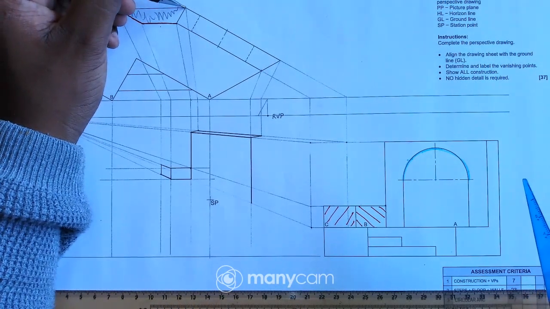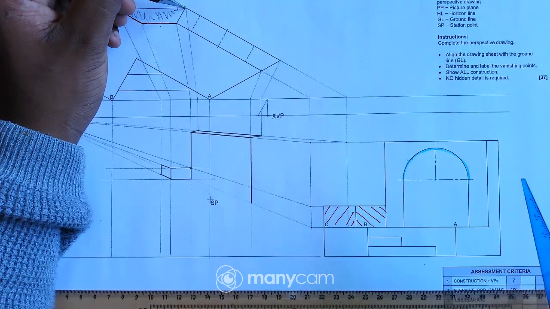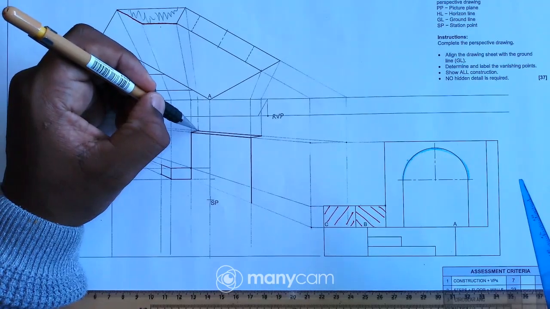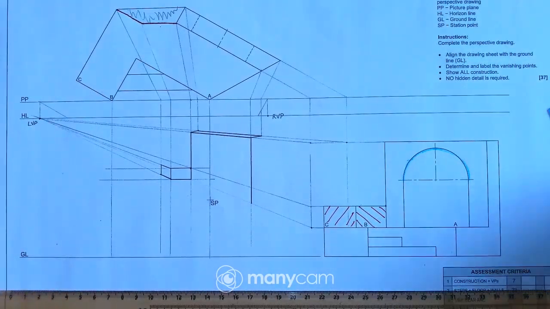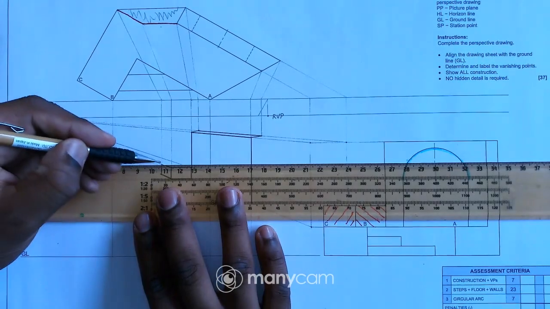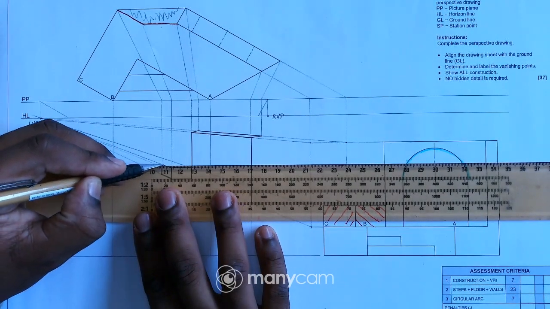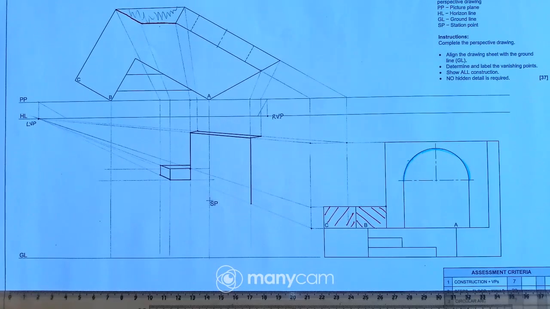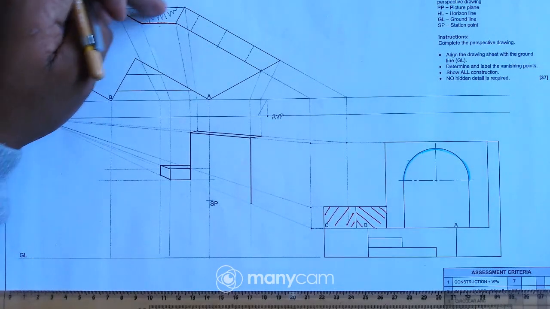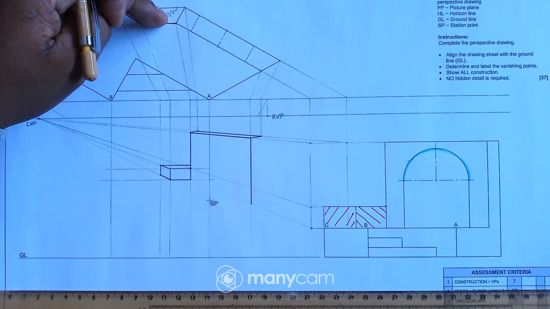So now I want to check where is this corner. This corner obviously is behind this section, so it means I can just draw a horizontal line there from the point to this line, just like that. Okay, so I'm done with that section.